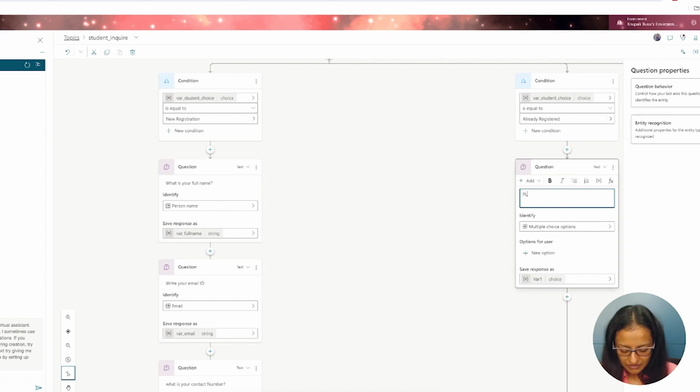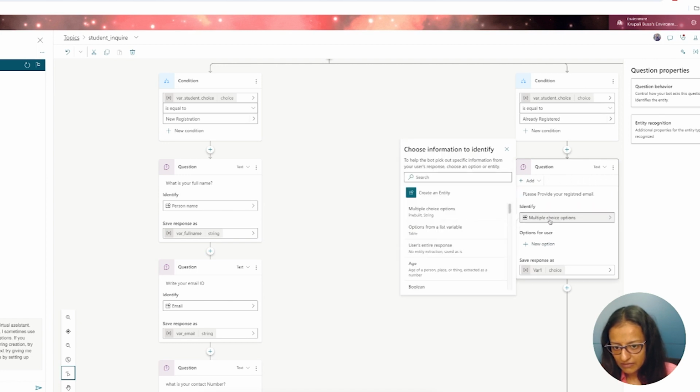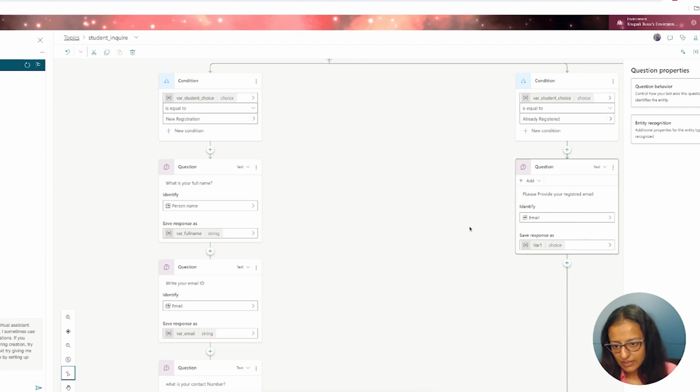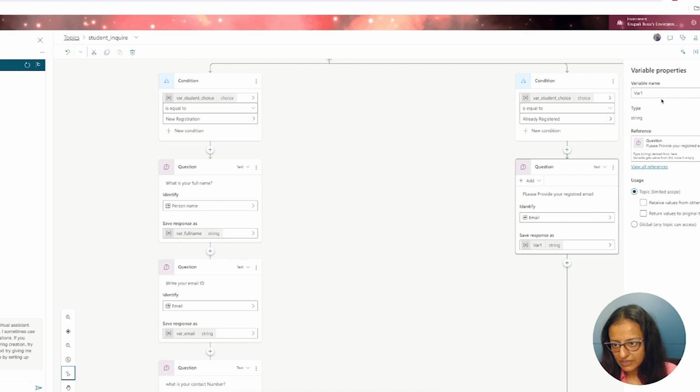Then, please provide your registered email, and then here I need to select the email format, and here I need to change the variable name, that is variable email, that is registered email.